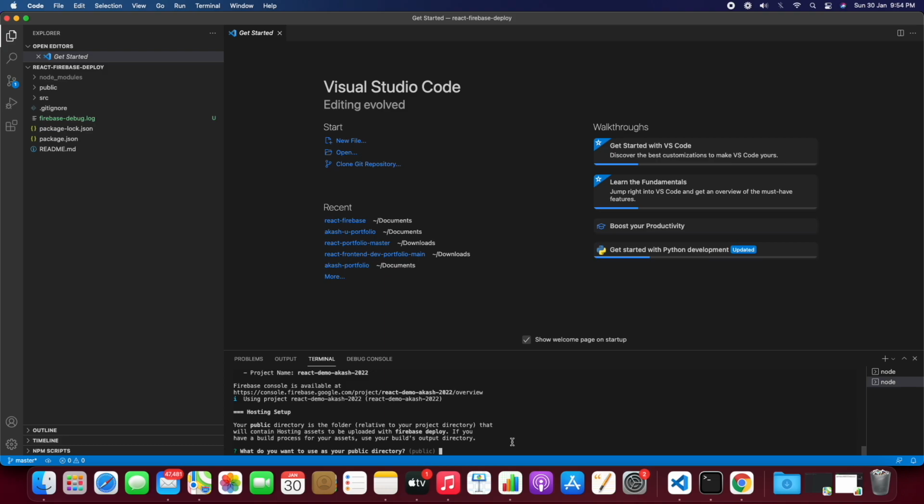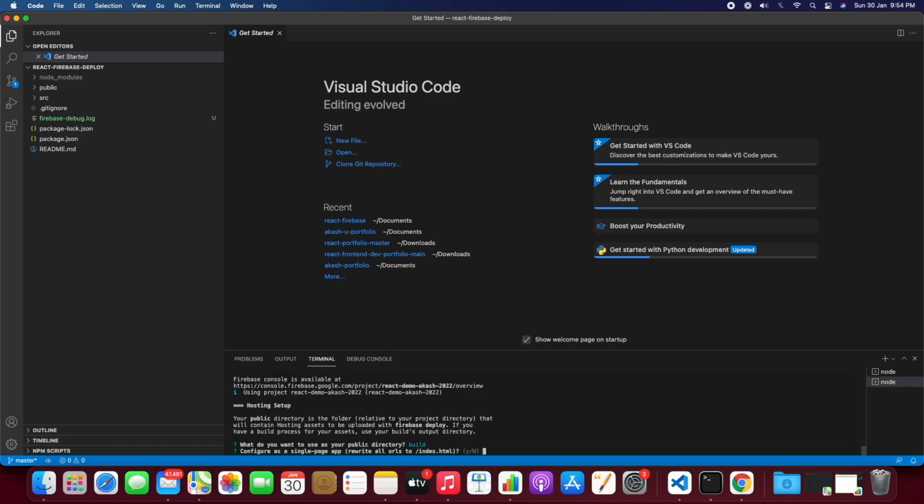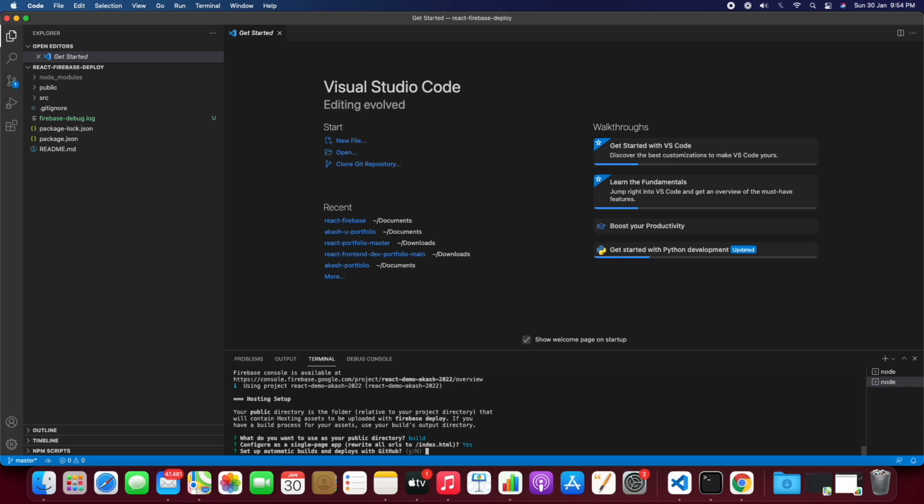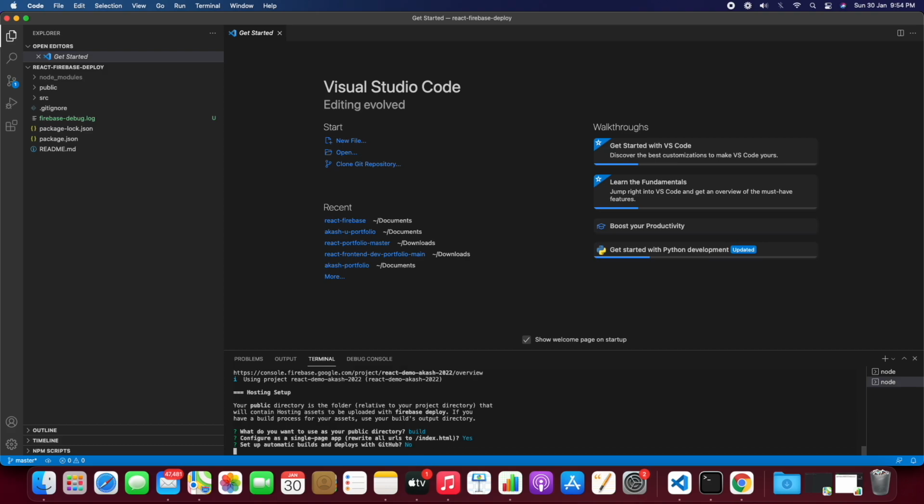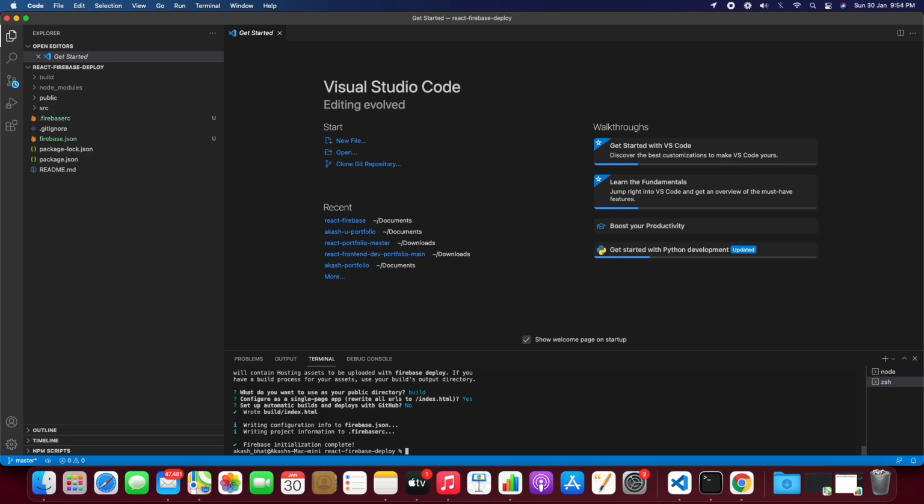So it is asking what do you want to use as your public directory. Let's give it as build. And is it a single page application? Yes. And set up automatic builds and deploys with GitHub? No, not currently. We'll do it later. And now let's do